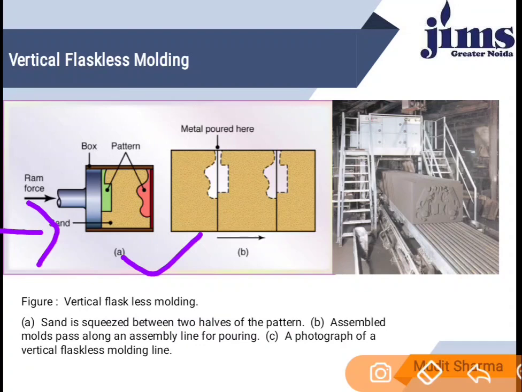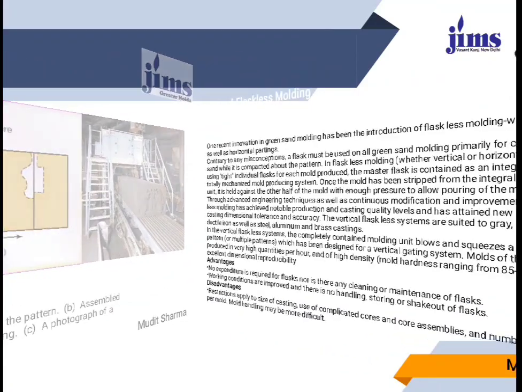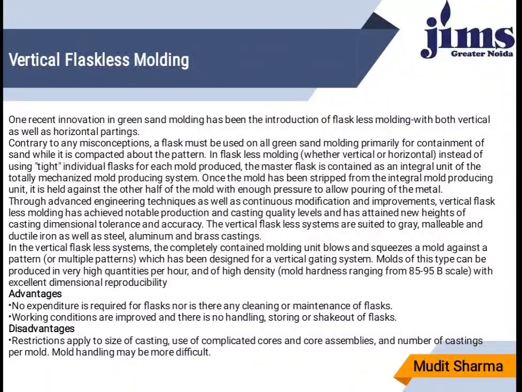The pressure plate of the machine moves away and turns aside. The plunger then pushes the sand block, thereby forming the mold cavity like this. In this manner, a continuous row of molds is produced. The molds are then poured and shifted to the shake out grid. I hope you will understand by this figure. You can read in this PPT.